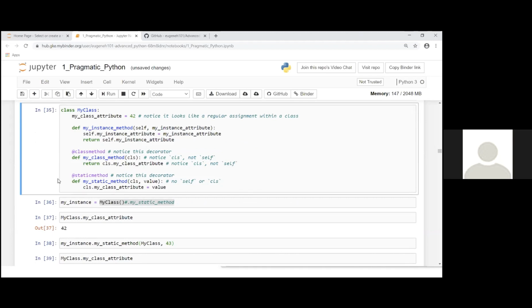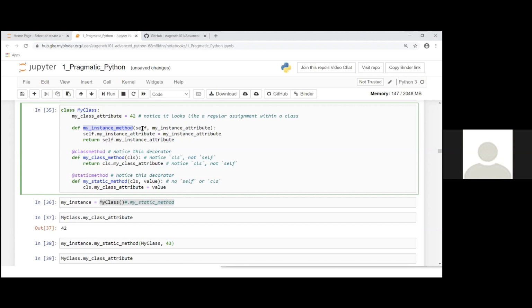So did you ask about the class method or the static method? Or can you ask your question again? Yeah, the very first method on my class, this one, the instance method. I'm trying to see if there is a broader function of that, or is it just strictly to update an attribute for that instance? Good question. It's strictly to update